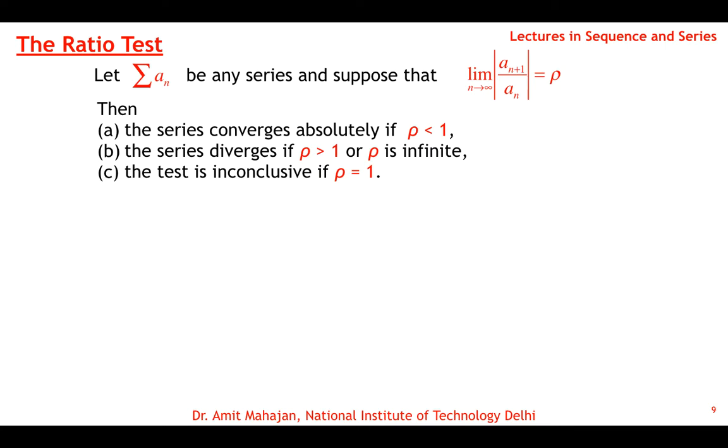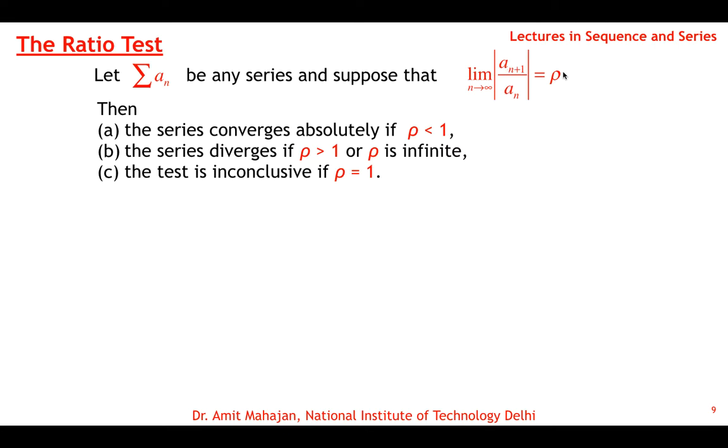It says that if you are given a series a_n, which may be a series of non-negative terms, or may contain positive as well as negative terms, and suppose that the limit as n tends to infinity of the ratio of the absolute values of a_(n+1) over a_n, where a_(n+1) is the (n+1)th term of this series and a_n is the nth term,